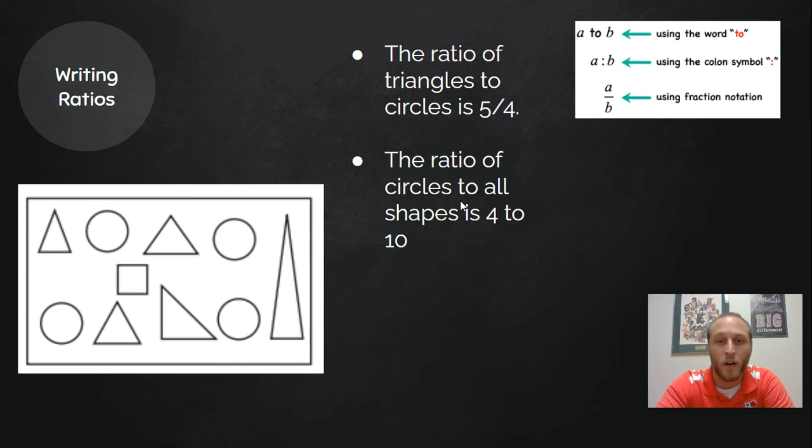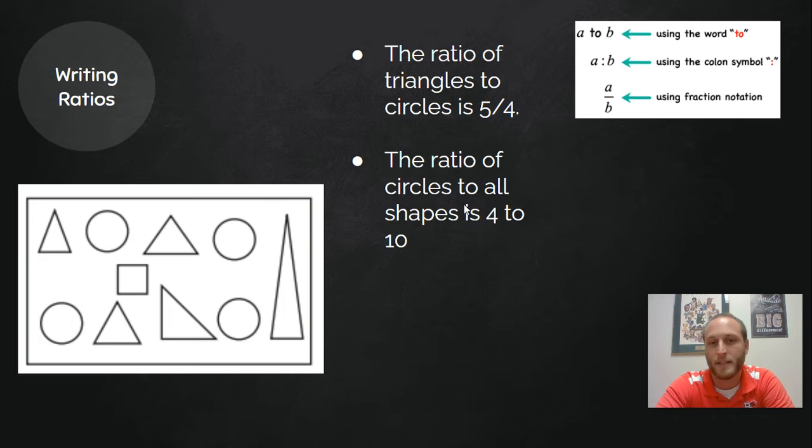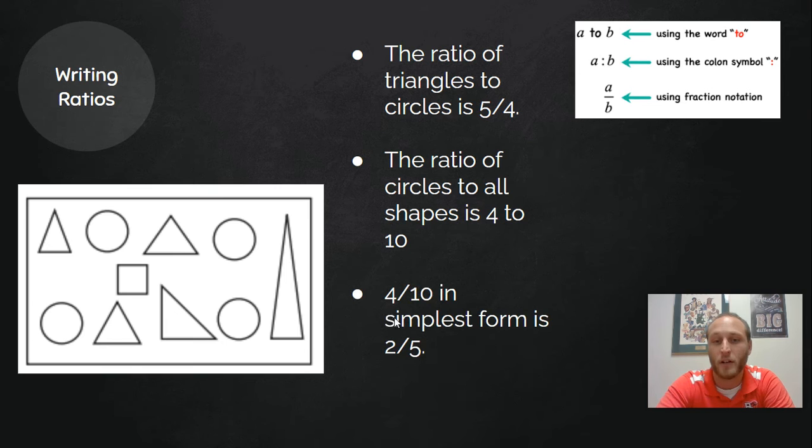The ratio of circles to all shapes is 4 to 10. So if I counted the circles, I get 4, and then if I counted all the shapes all together, I'm going to get 10. So this is a good ratio, except I can make that simpler. So the ratio of circles to all shapes is 4 to 10, but I also could call 4 to 10